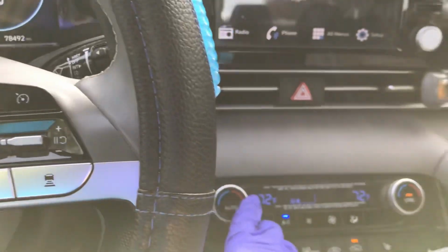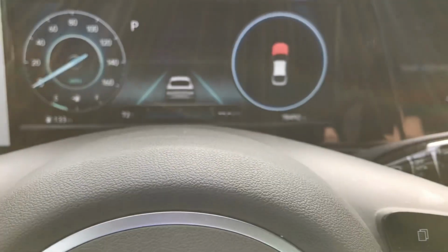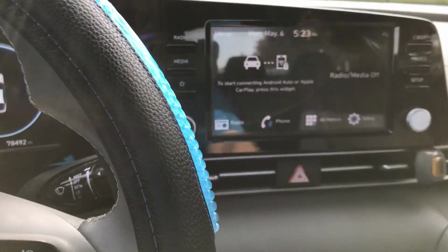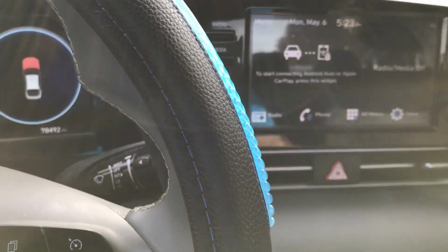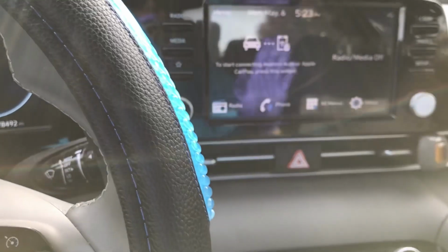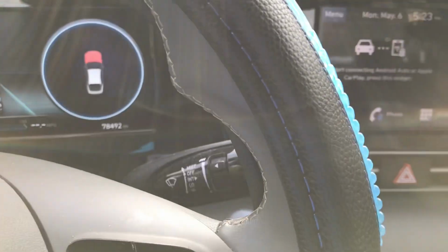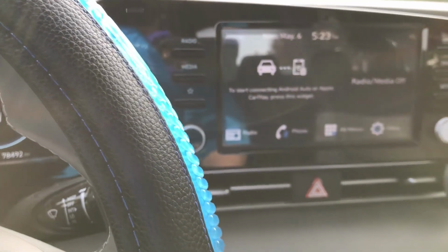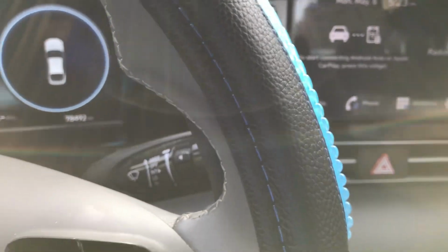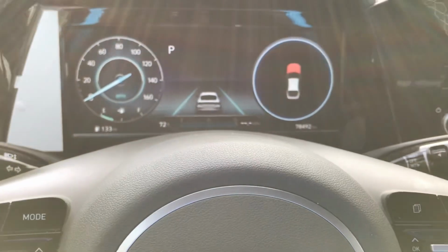I have actually turned on the air, and it's set at 72 degrees out today. I need to put it on low, and I am going to put it in reverse with the hood open to see if that camera comes up. And it looks like this is not working. The fix has not fixed. I'm going to push the button to see if anything changes that way. Nope, no changes. So unfortunately this is a fail, but for yourself you may want to give it a try